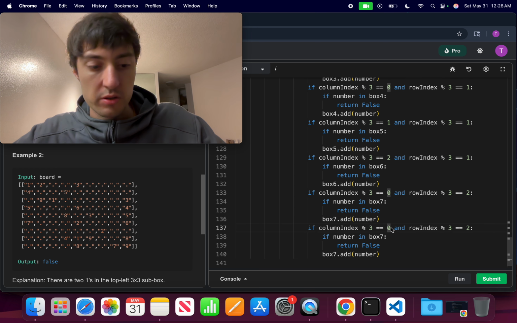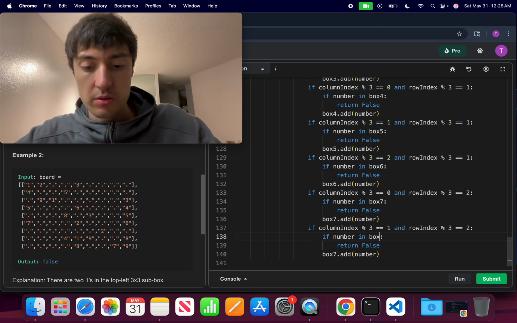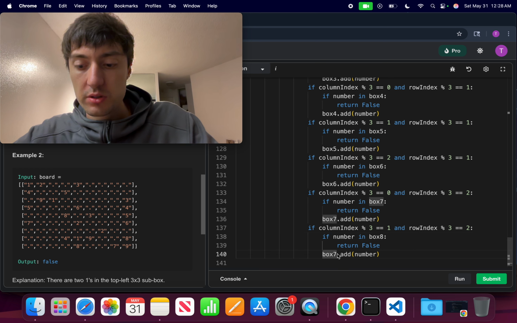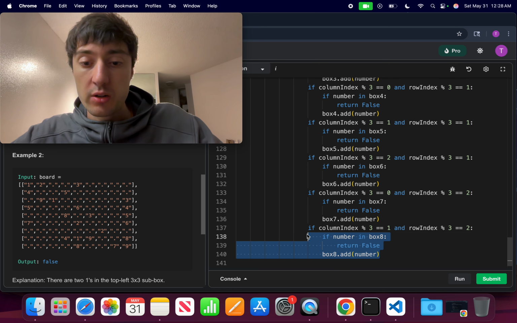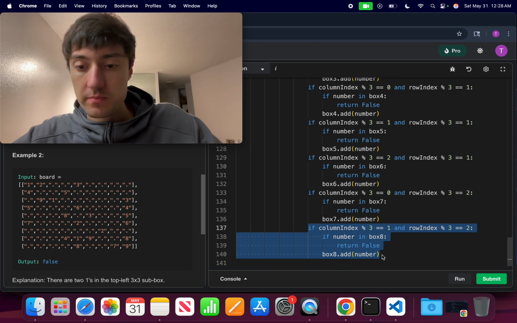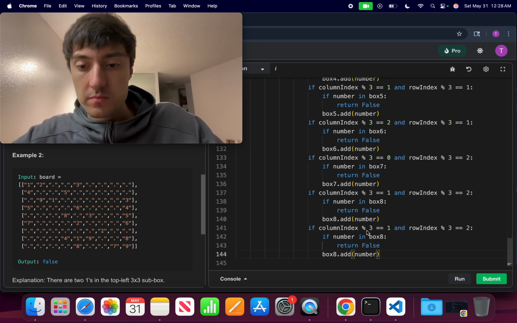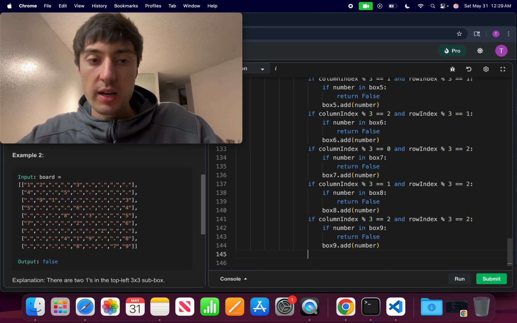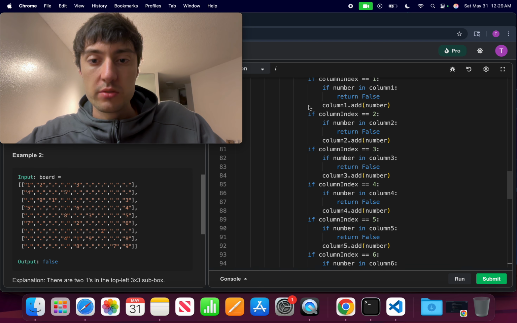So this one is going to increase, this one is going to go up to 8, and this one's going to go up to 8. All right, final one. So this one is going to increase, this one is going to increase to the box 9, this one is also going to increase. Now, if we have successfully gone through all the rows and all the columns,